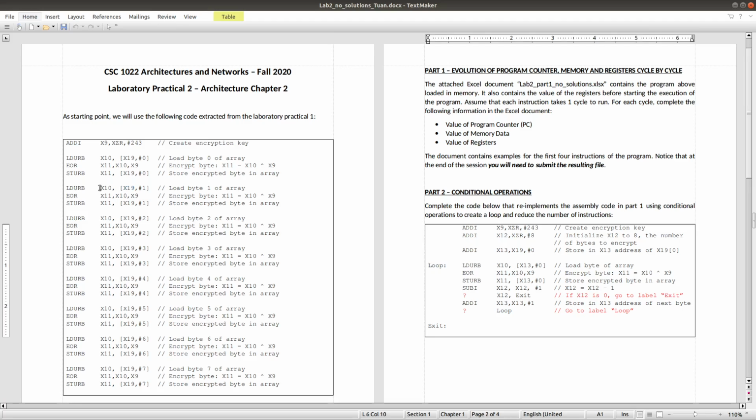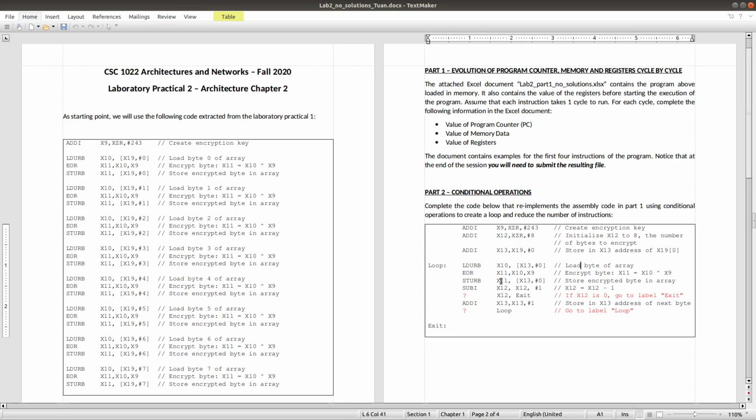Well, so we do the same thing. We will load the data from memory into register x10, but now the base address is in x13, so here we have this instruction: load x10 and then x13 with the offset address of 0. After that, of course, we will need to do exclusive OR, or encrypt the data, by exclusive OR x10 and x9 and write it back to x11, completely the same as this one.